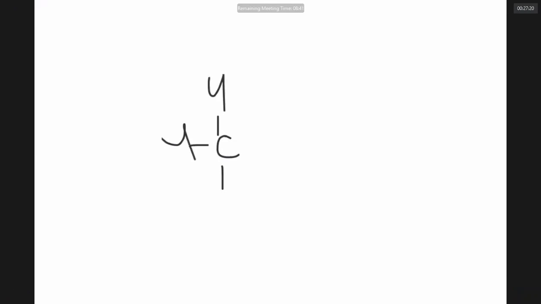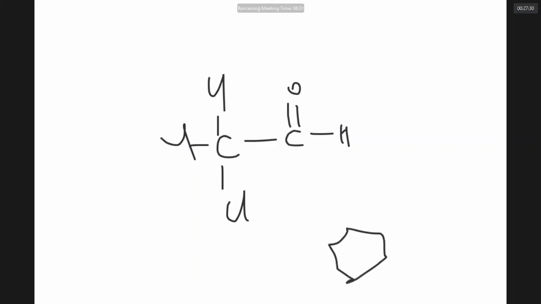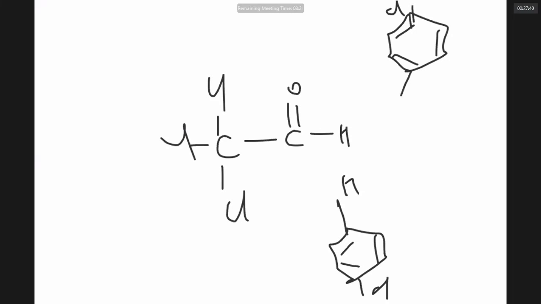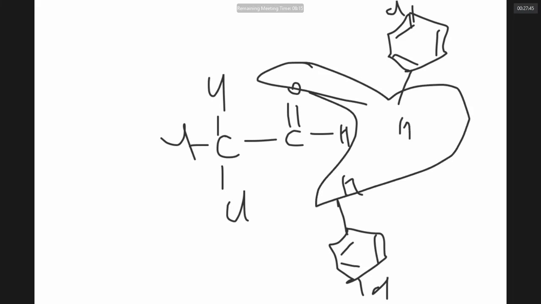Sir, this compound, 1, 2, 3, this is called chloral, 2,2,2-trichloroethanal. When this reacts with the chlorobenzene, 2 moles of chlorobenzene will react. Can you see this chlorobenzene? This hydrogen and this hydrogen and this oxygen, they fall in deep love. What is eliminated, sir? Water. When water is removed, at this carbon, these 2 phenyl groups are linked.